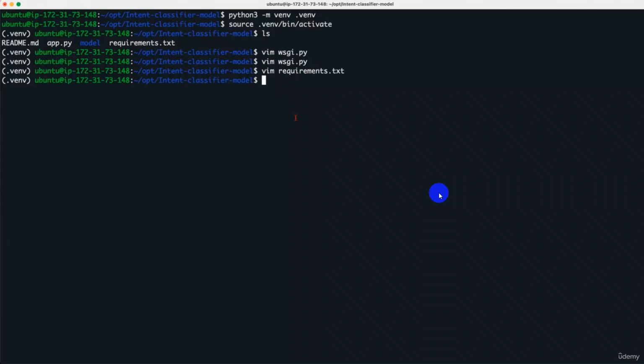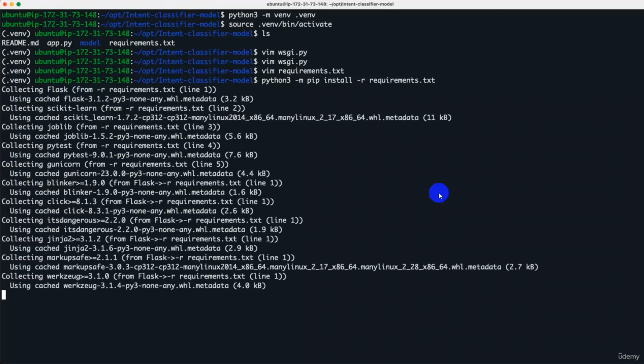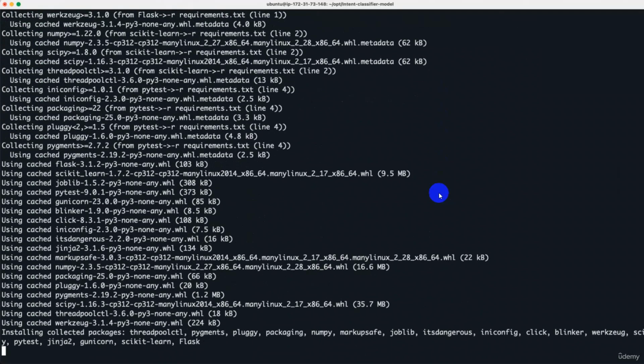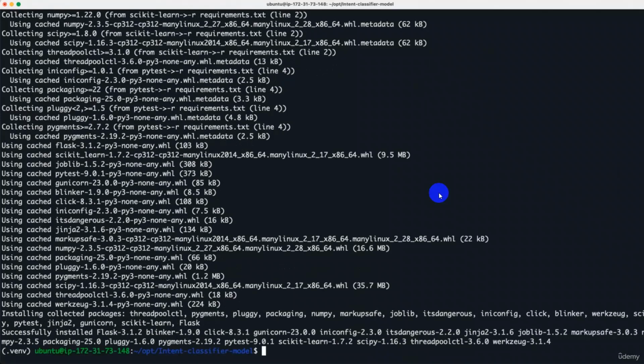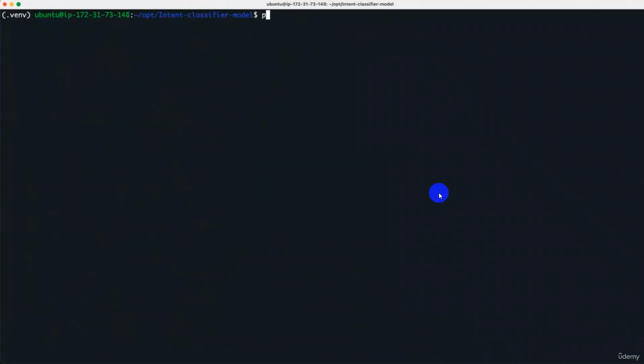Okay, now we have the virtual environment, we have the files. So the first thing that we do is python3 -m pip install -r requirements.txt. This step is the same thing that we did in the previous section. Once all the packages are installed, the next step is also the same, that is to create the model, right? Before we execute the API, we need the model. So we'll do that, python3